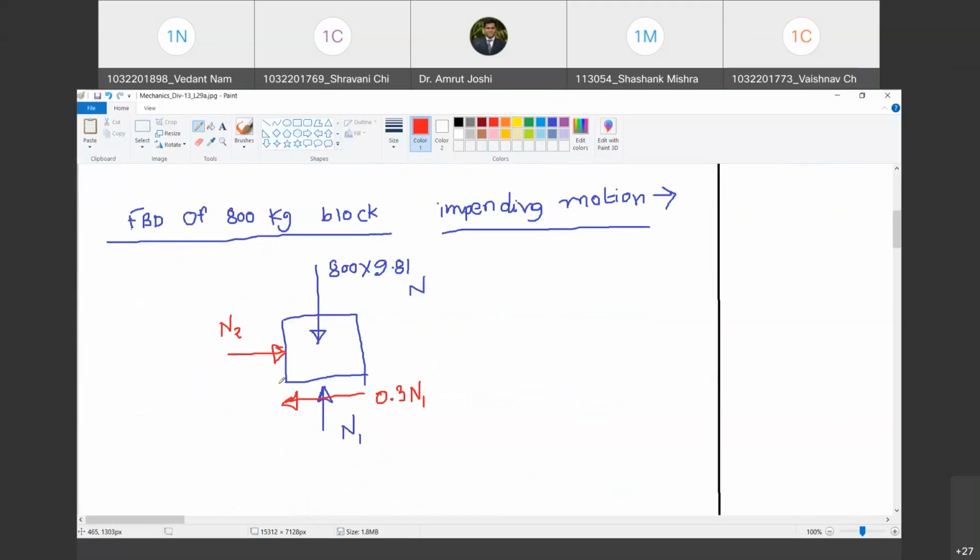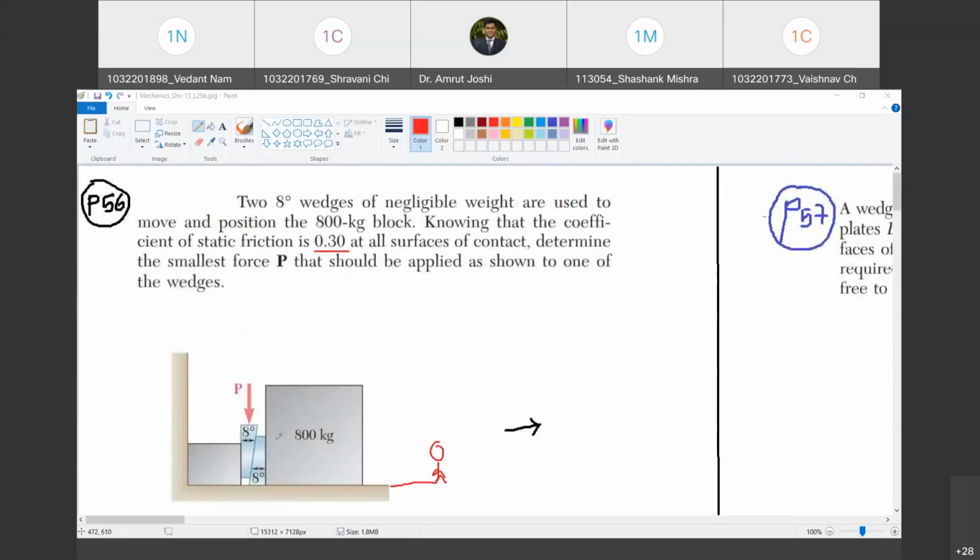Point to be noted. Have you understood what I am trying to say? Just because the surfaces are rough doesn't mean that there will be a frictional resistance. There has to be a sliding motion between the two. For example, if I want to find out the frictional force offered by this wedge on this block, where am I going to station the observer? I am going to station the observer on the wedge. Do you agree with me?